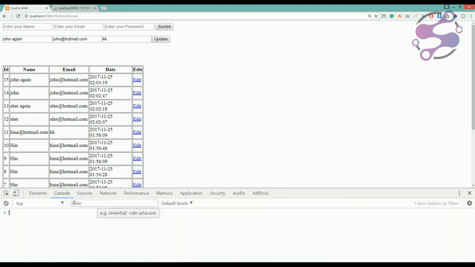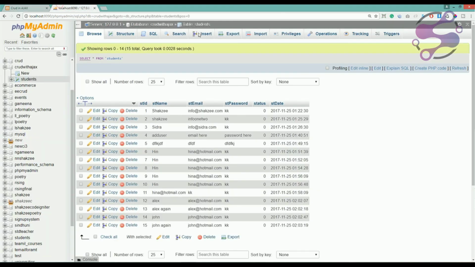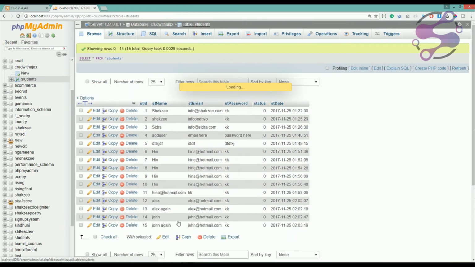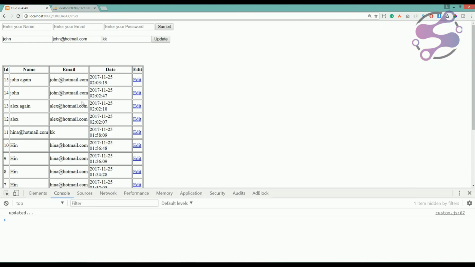So now we have console sections. I'm saying John again, and I'm removing this sections, and I'm just updating, and I'm going to update these fields. So hit the update button. So it's saying updated. So make sure go to your 15 id, go to your field or tables and find the 15 id. Here is the John again, and refresh the table. So now it's saying John, you have just updated your sections